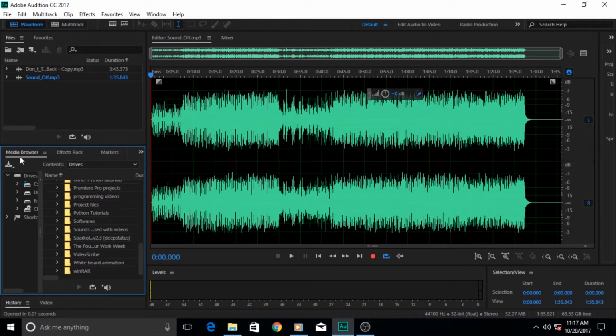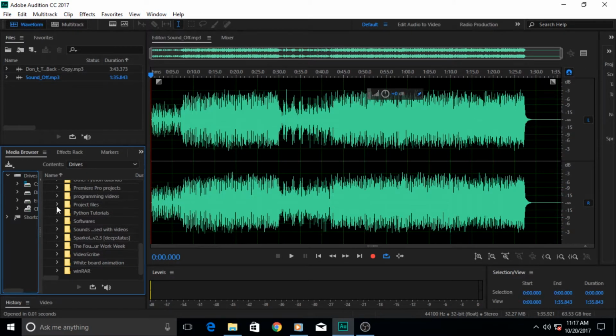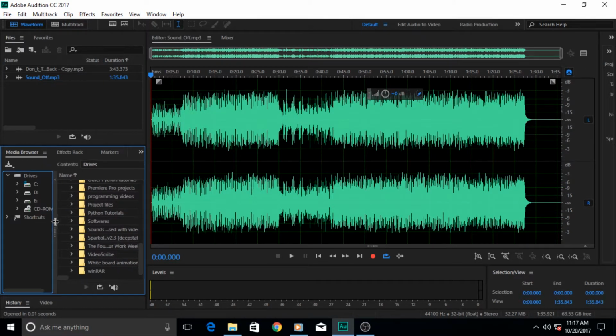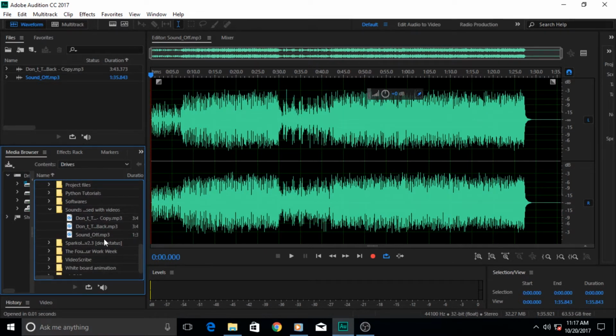The fourth way is using this media browser. If it is not showing in here, go to Window, and in the middle here click on the option which says media browser. If the check mark is not here, click on it, the check mark will appear, and the media browser will open in here. Here all your hard disk or hard drive partitions are given, and these are the folders, and there are 3 buttons over here. Now if you go to our sound folder, which does not have that many soundtracks in it,